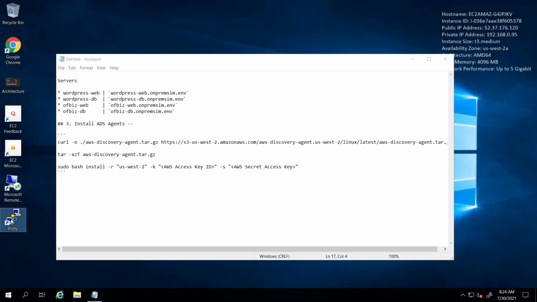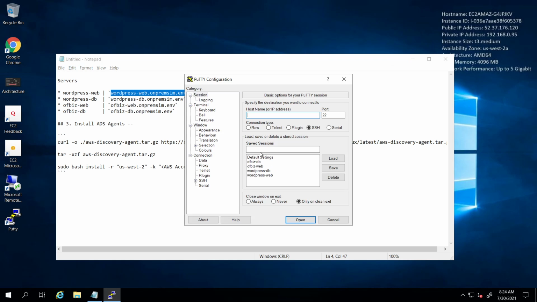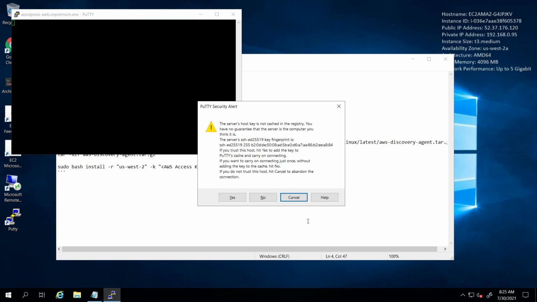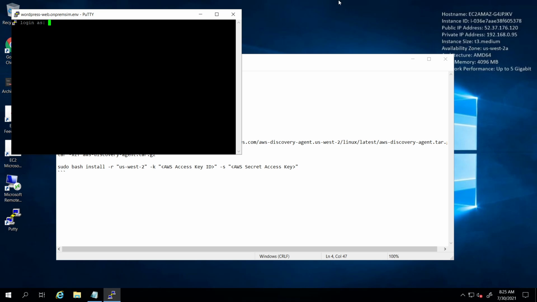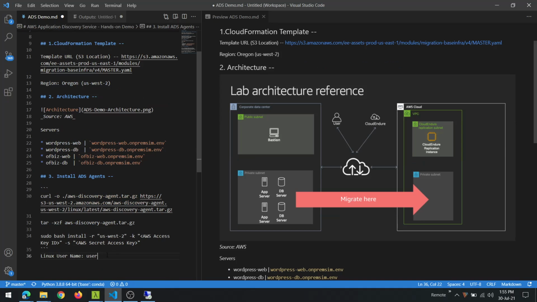All right, open PuTTY. Open, say yes. The Linux username to use is user, and this is the password.